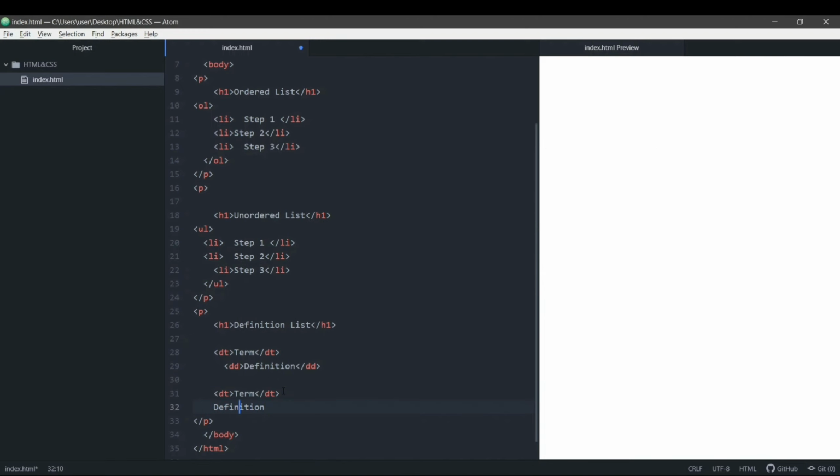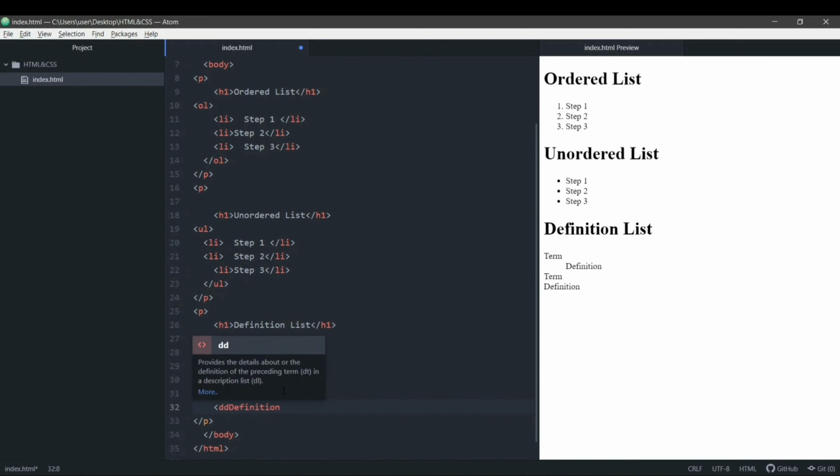And here we'll add the definition part, DD, and we'll close this DD. So you can see that this is the way it appears. The ordered list has numbering, the unordered list has circles instead of numbering, and the definition list has two parts, a term and its definition, right?